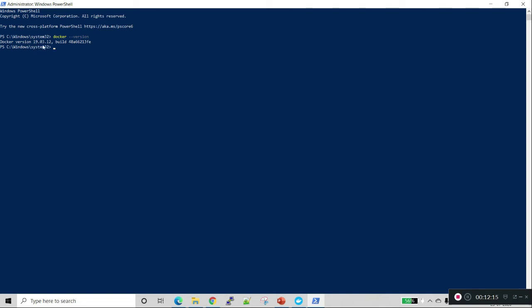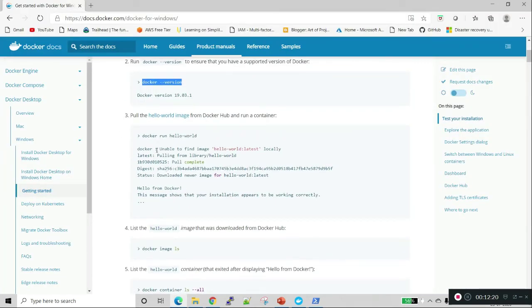So I am installing the Hello World container in the local environment. It will pull the Hello World application from the Docker.